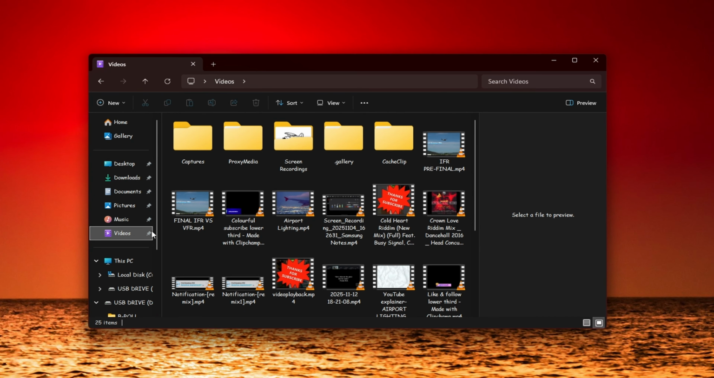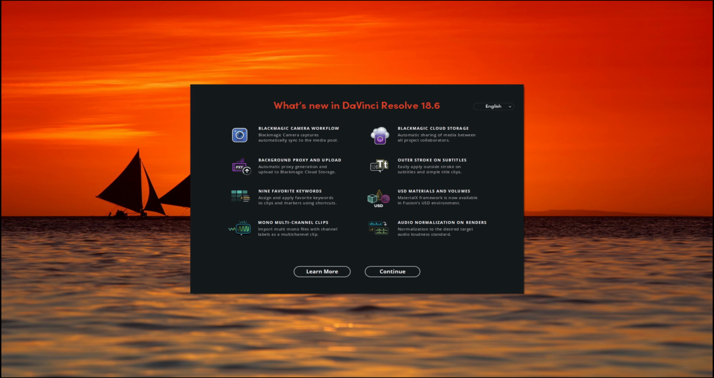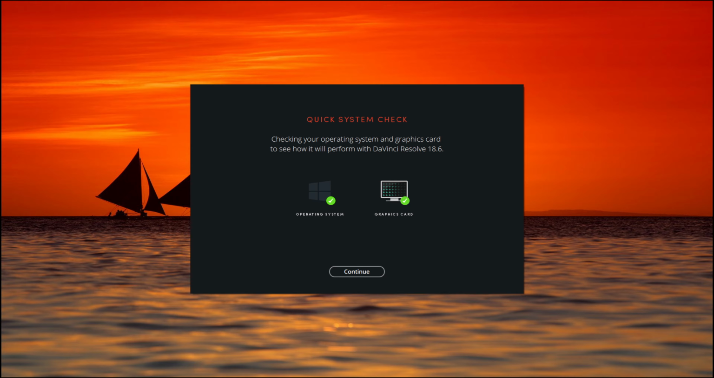Go back to Videos, remove all the folders just created: the proxy media, the gallery, and also the cache files. Now you can install the new DaVinci Resolve and follow the